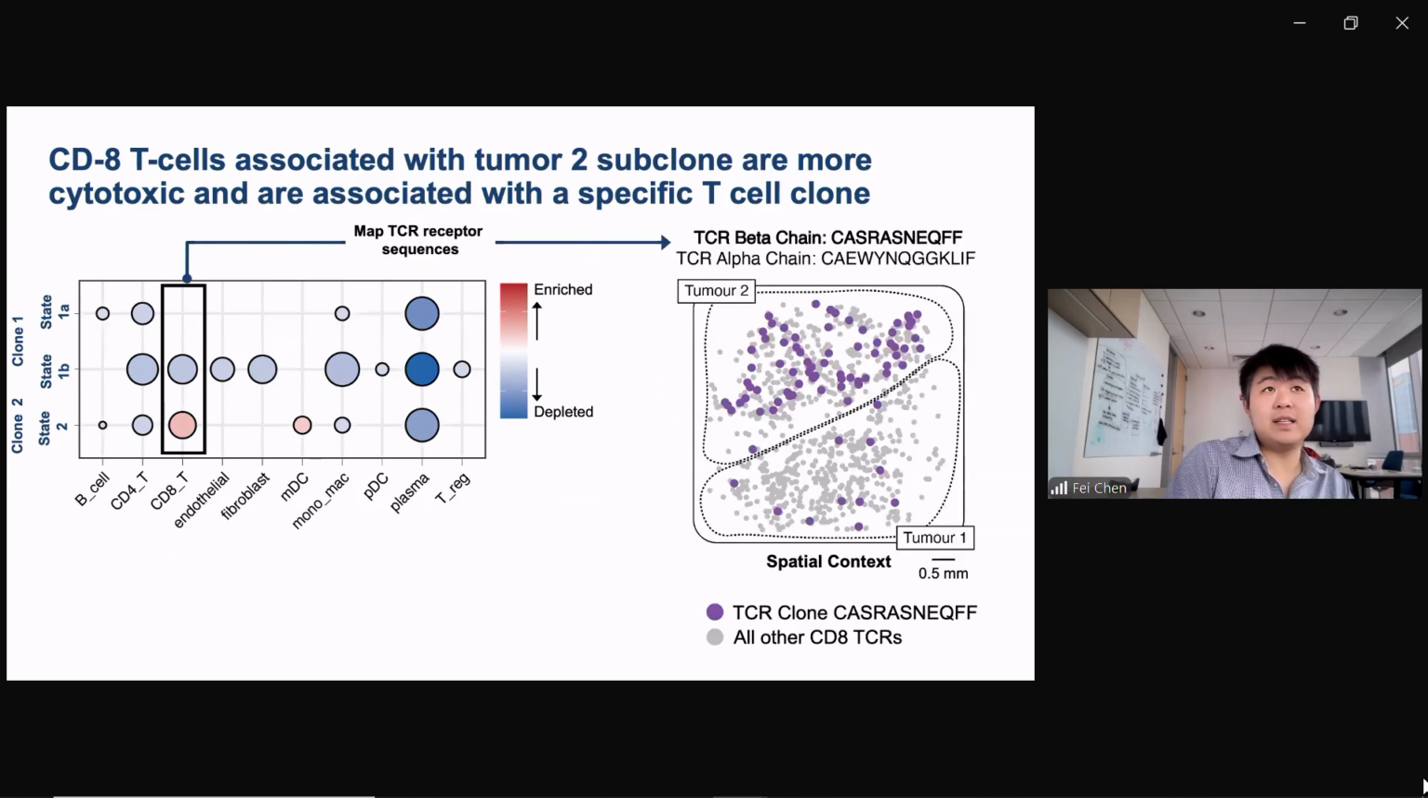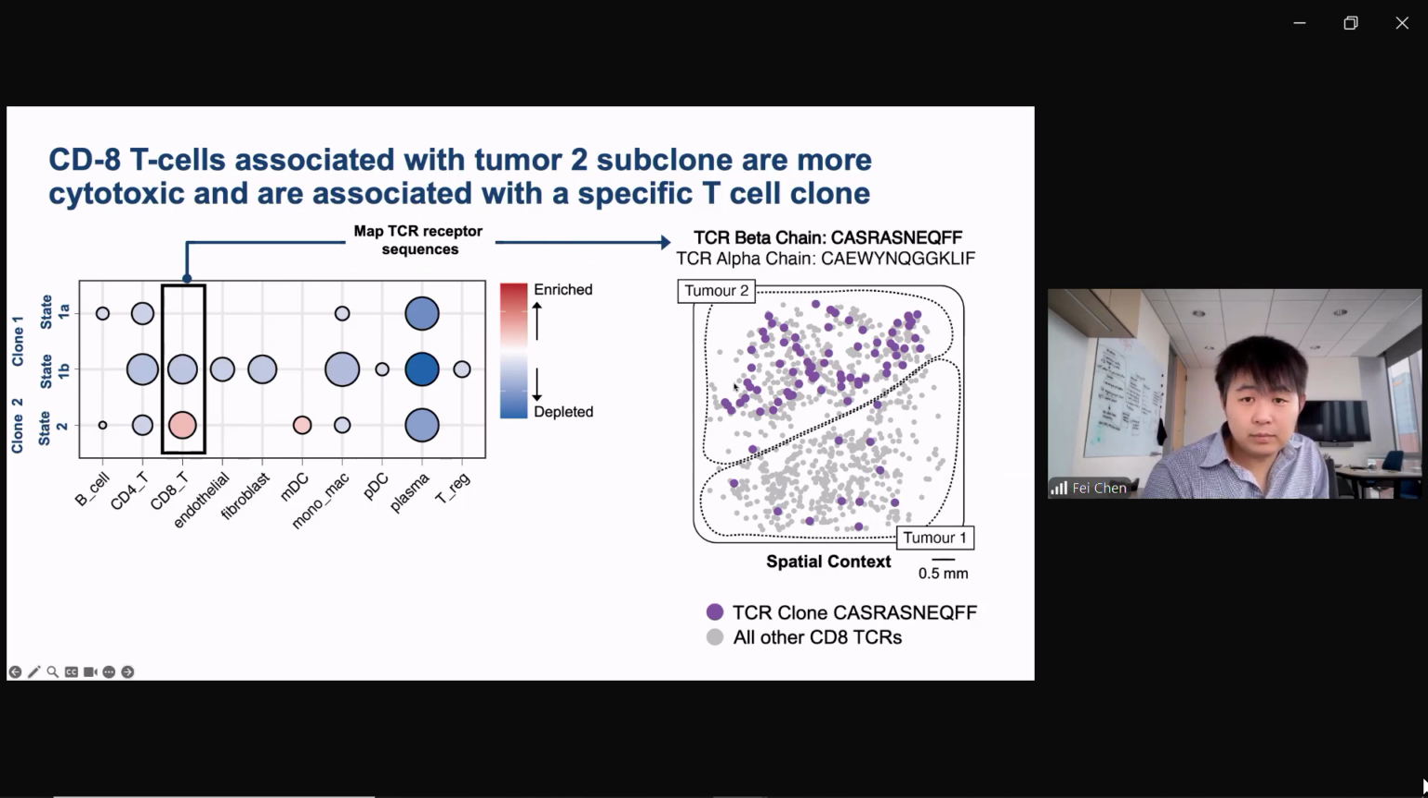Mapping the CDR clonality, we found a very interesting thing: it revealed this one subclone, shown in purple, that is highly expanded and is interacting with this tumor 2 subclone. That's actually driving the majority of this enrichment. The gray dots represent all other CD8 T cells, and the purple dots represent this particular clone. You can see, even without any statistics, that it's strongly enriched with this one tumor